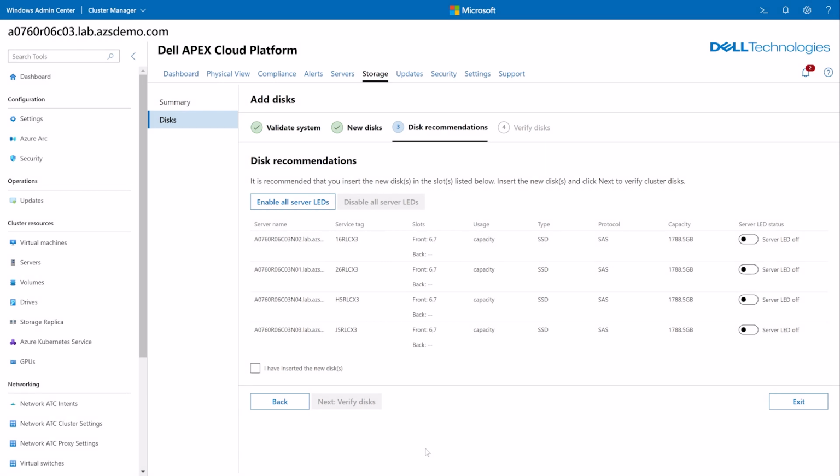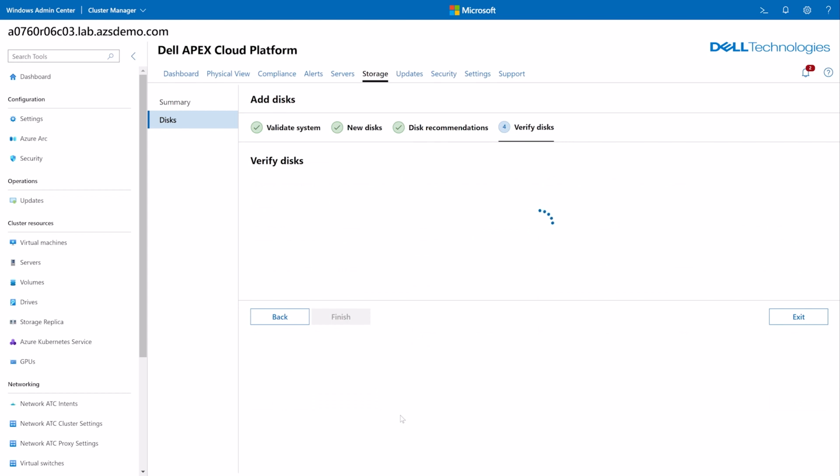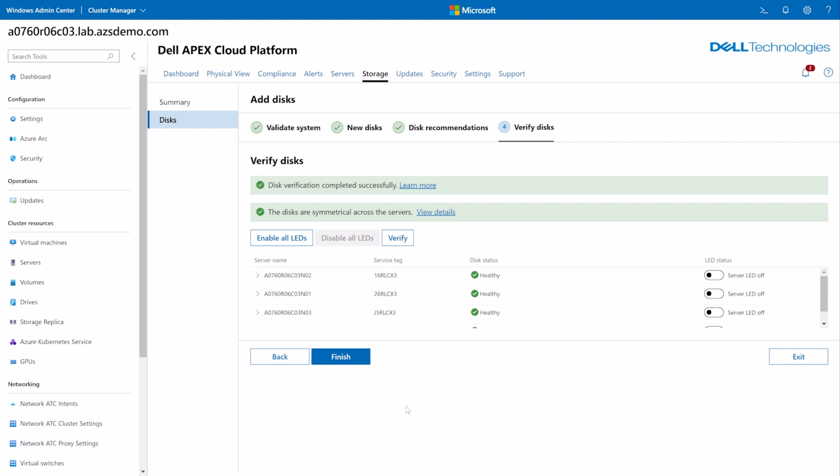I have my on-site technician go and insert the drives into these slots, and then I click on I have inserted the new disks. A verification process kicks off to ensure that the disks I've inserted are compliant with the disk symmetry and profile rules.